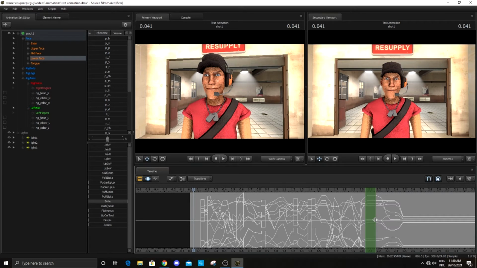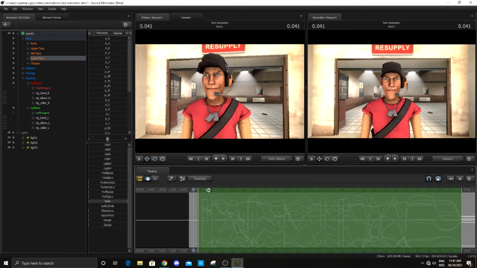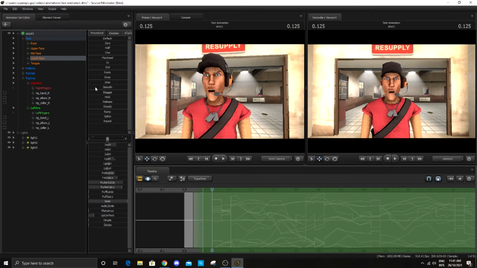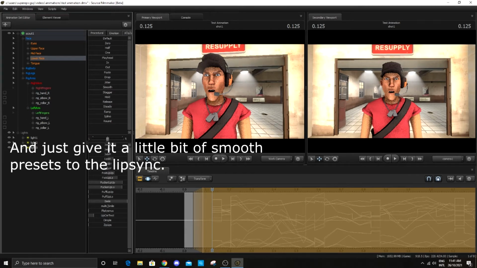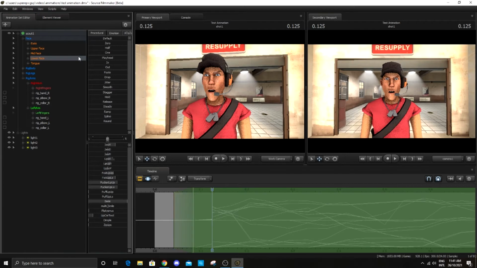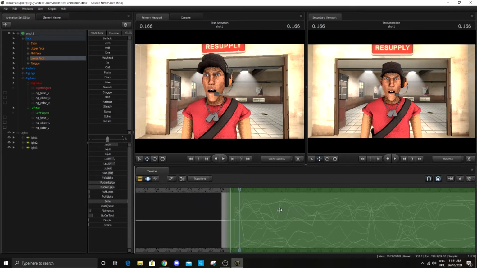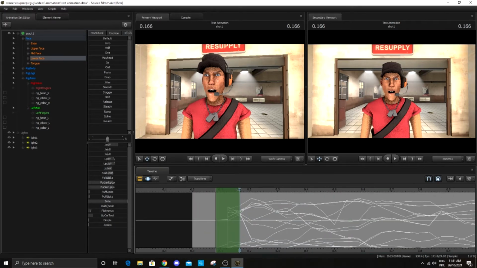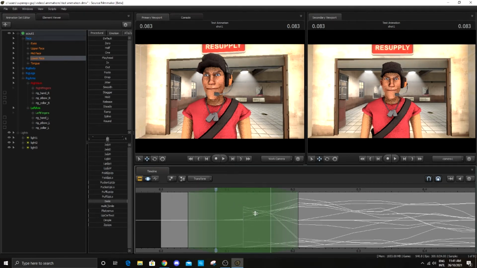So to do that, we're just gonna drag this here to the end here, then drag this to the front here, and now just hold shift and scroll up. And now we'll go back to the procedural tab, then click on the smooth preset. Now, as you can see, we are smoothing up the lip syncing. Although I might wanna fix this bit up right here, so I'm just gonna hold shift and scroll down and go over here, then hold shift and scroll up, and then